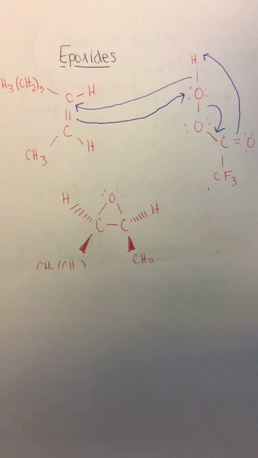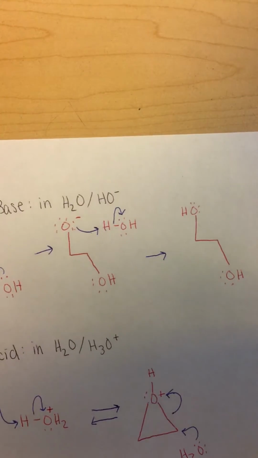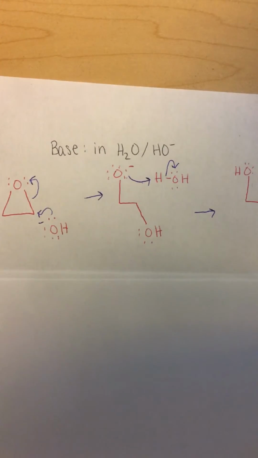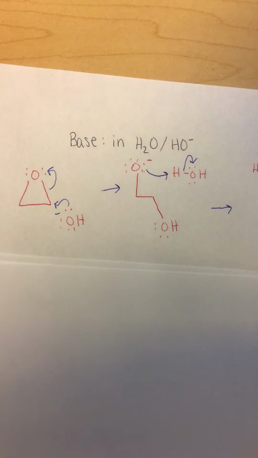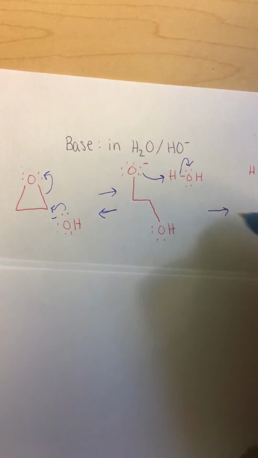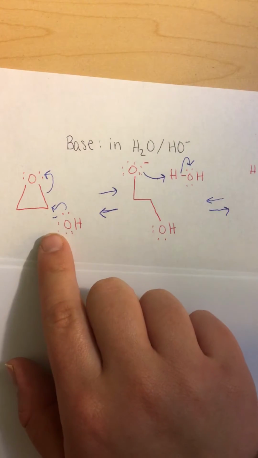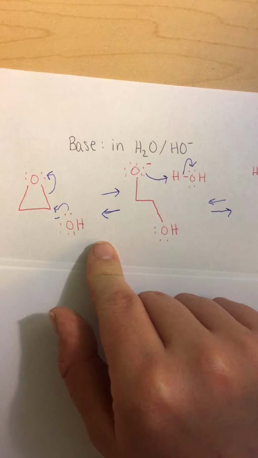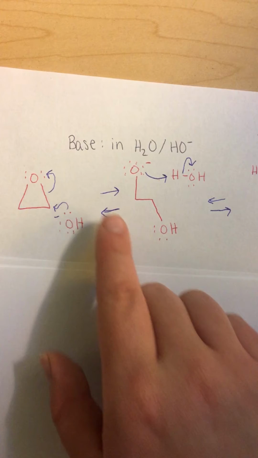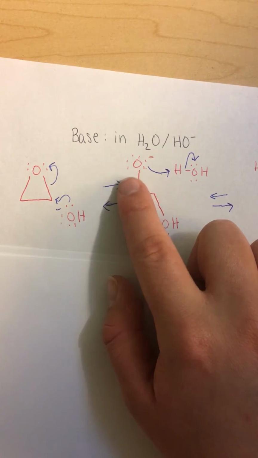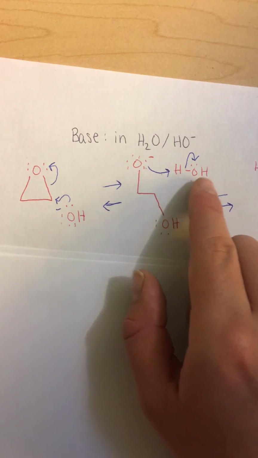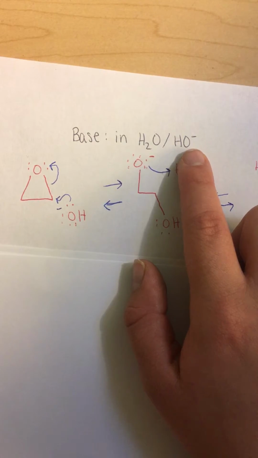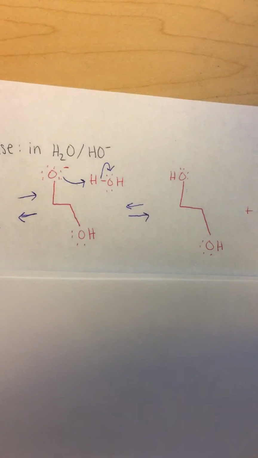Then for a base versus an acid, it was hard for me to keep track of which process did SN2 first and which process did protonation first. So the base, which is if you use water and hydroxide, will do SN2 first. So you can see that here, the SN2 reaction, and then after this we're still left with an oxygen that is not an alcohol, so we have to protonate with water since we obviously can't protonate with hydroxide. And then we form this,